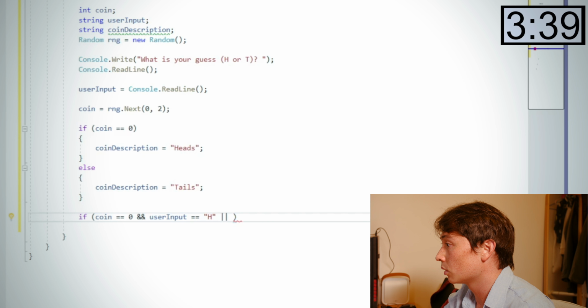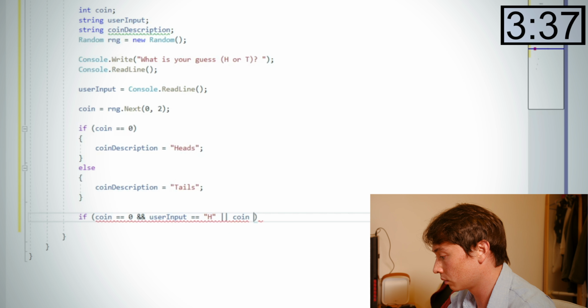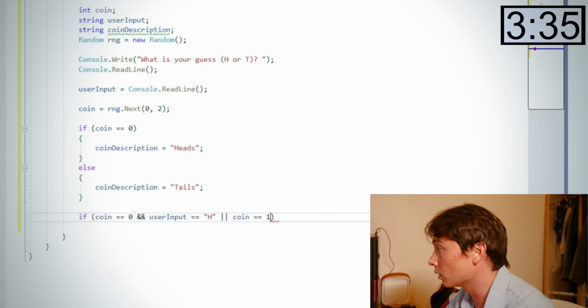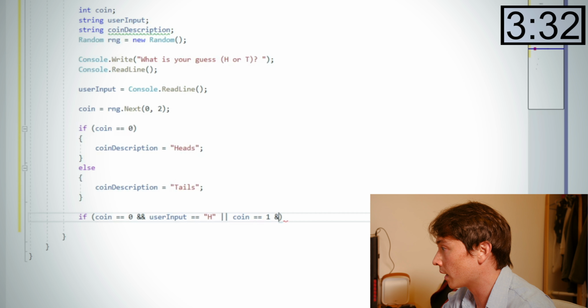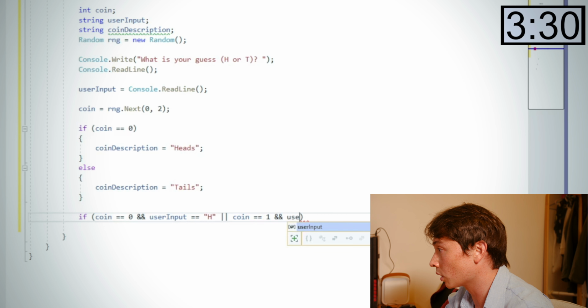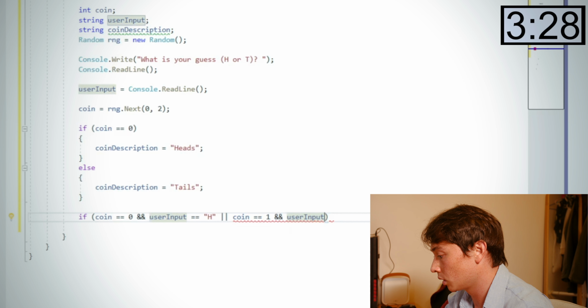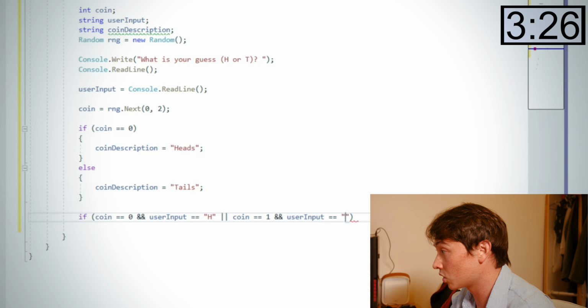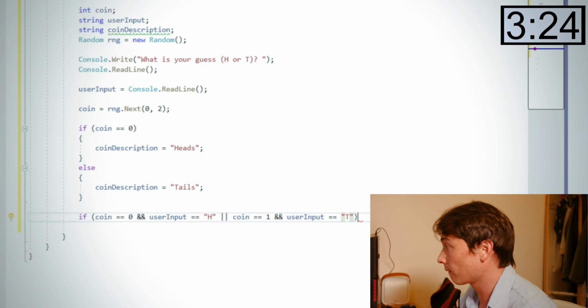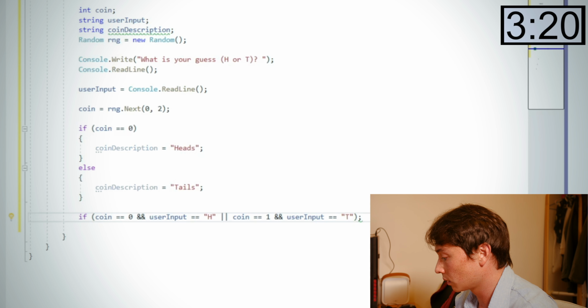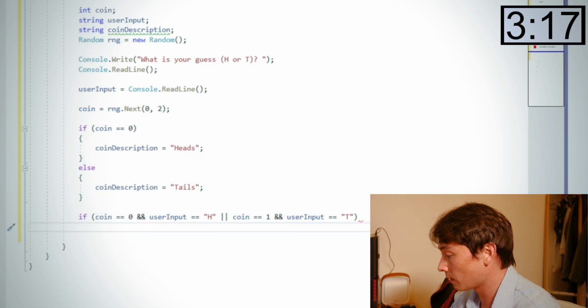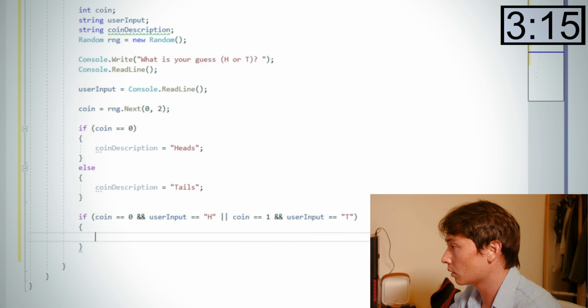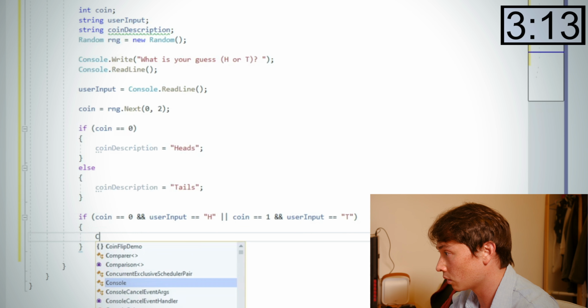Or if the coin equals to 1 and the user input equals to T, right? So basically, if they have guessed correctly, we don't need a semicolon there, then we can say